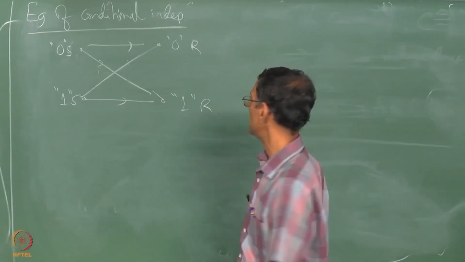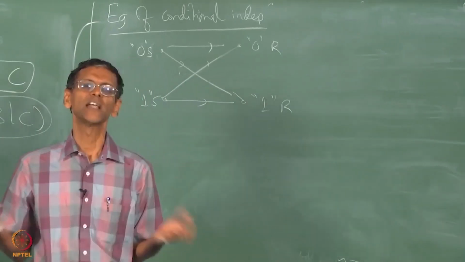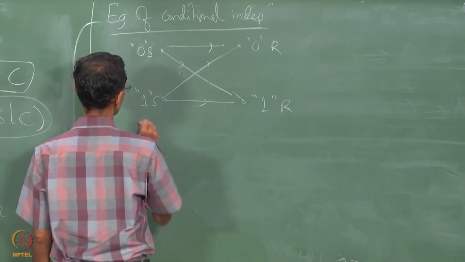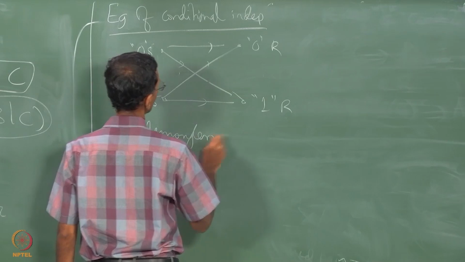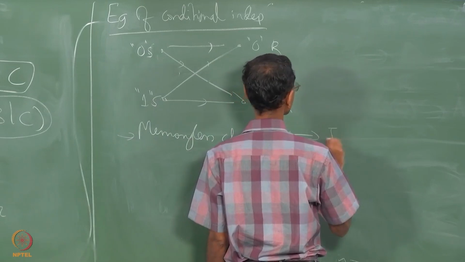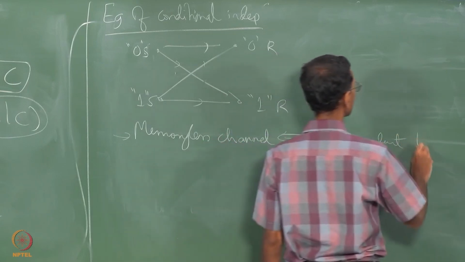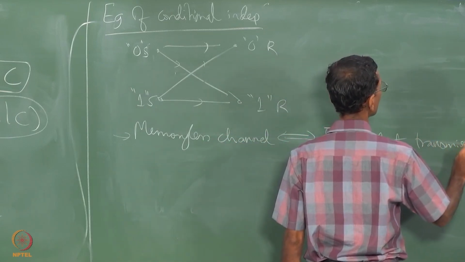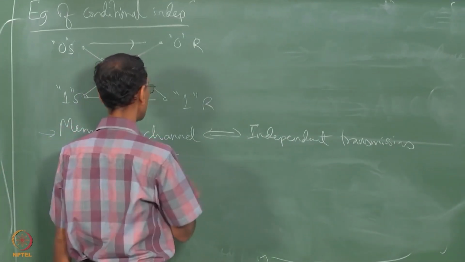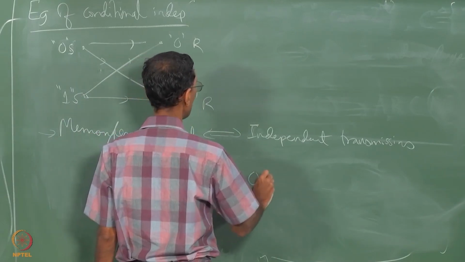So it turns out that in many cases the memoryless channel means that successive transmissions are independent. So this memoryless channel means what? Independent transmissions. So when transmissions are independent, this implies the probability, for example, of supposing you send, given let us say 101 is sent,